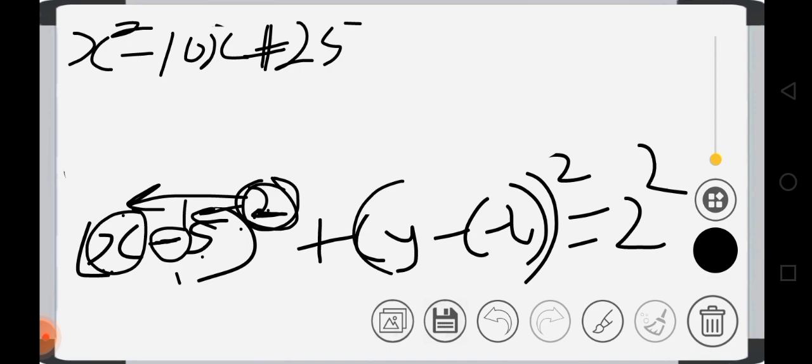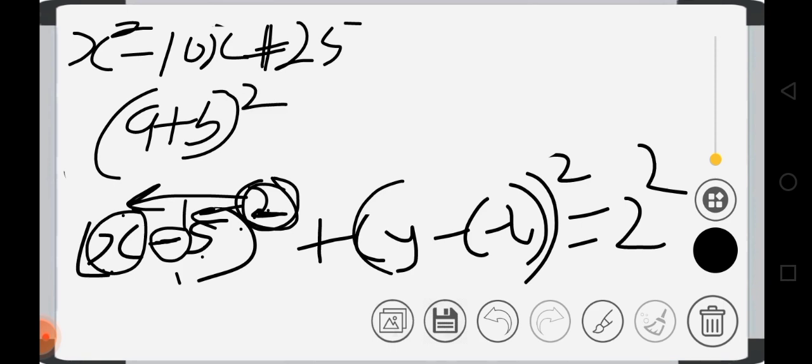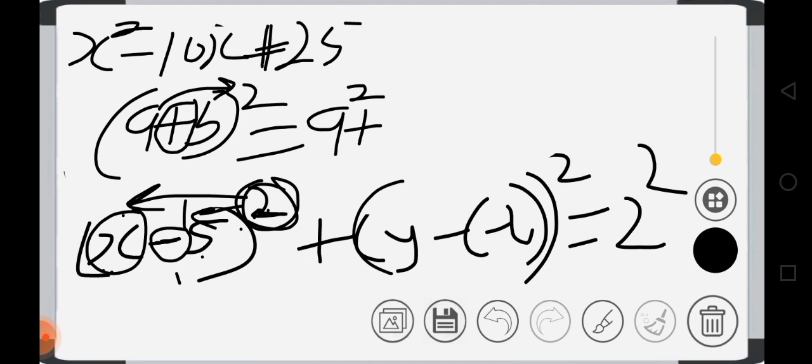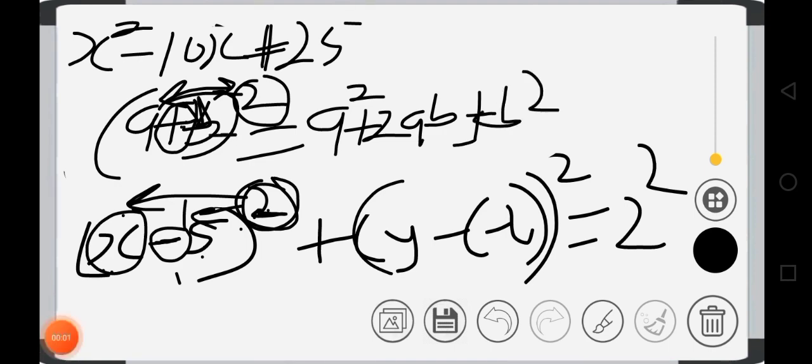What you have to do is, let's say you have something like this. Let's say you have (a + b) squared, and you want to open it with the shortcut. This will be equal to, first of all, a squared, then you pick the sign there, which is plus, then 2 times a times b, that is 2ab. Then the last one will be plus. Whether this one is minus or plus, the last one will be plus. So solve this